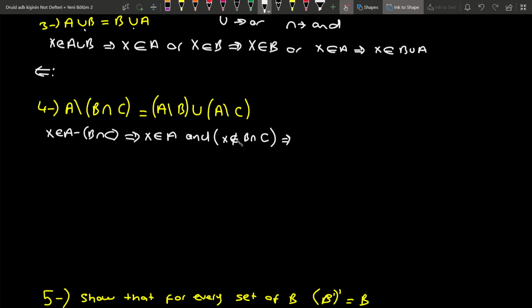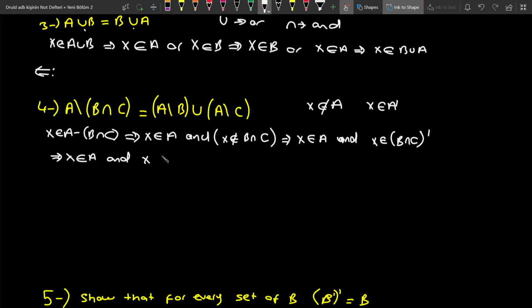Well, we could say X does not belong to B or C, but I'm going to do a little trick here, so I wrote it like this. This means X belongs to A, and X belongs to the complement of B intersection C, because if X does not belong to A, it belongs to the complement of A. X belongs to A and X belongs to B intersection C complement. Okay, so from here we get X belongs to A and X belongs to,